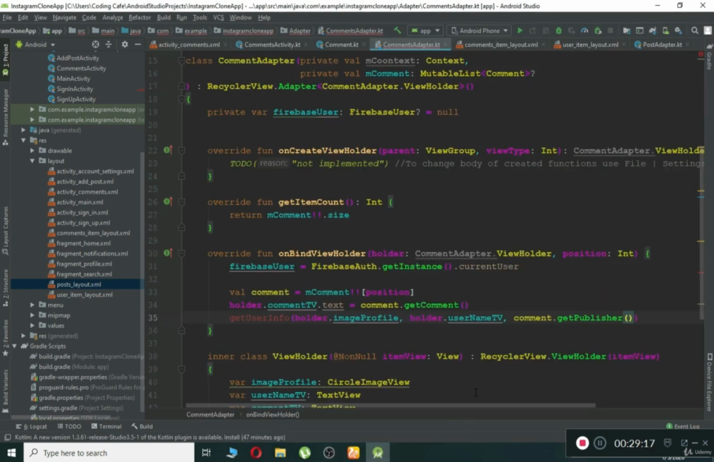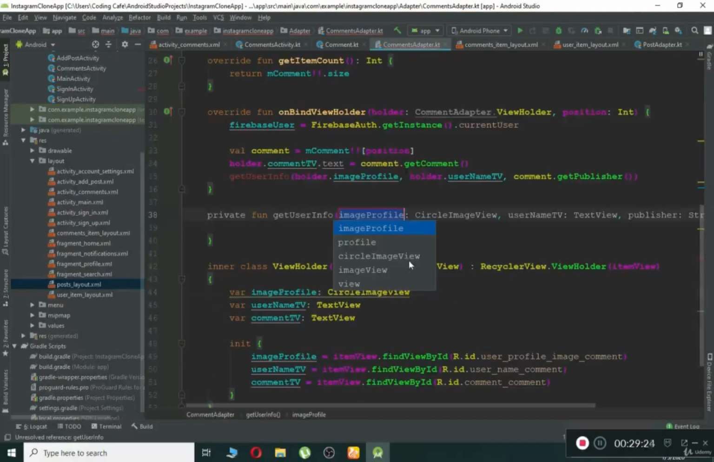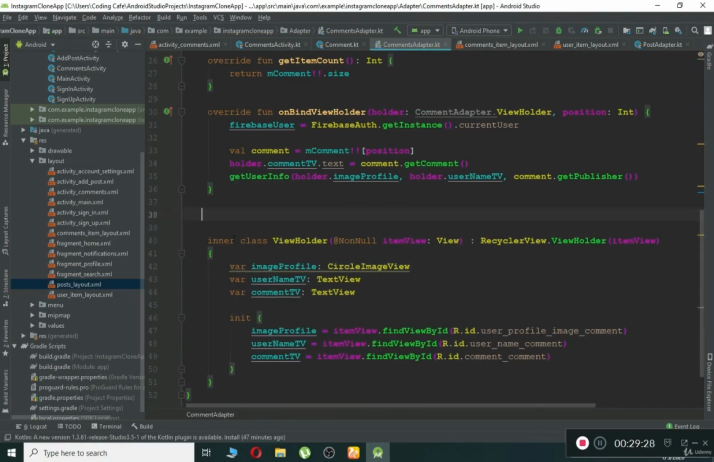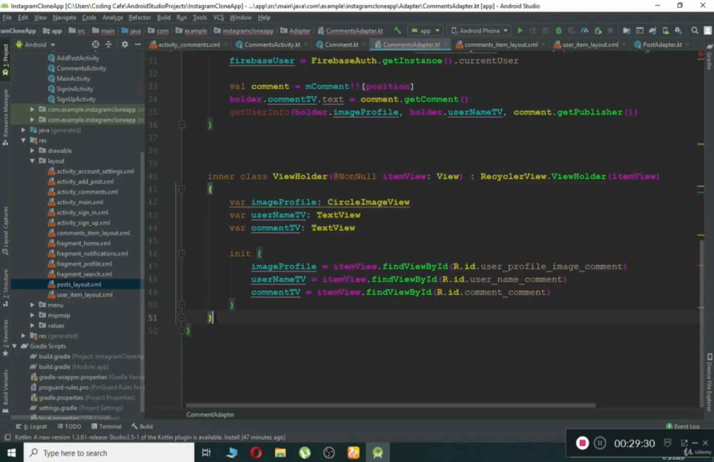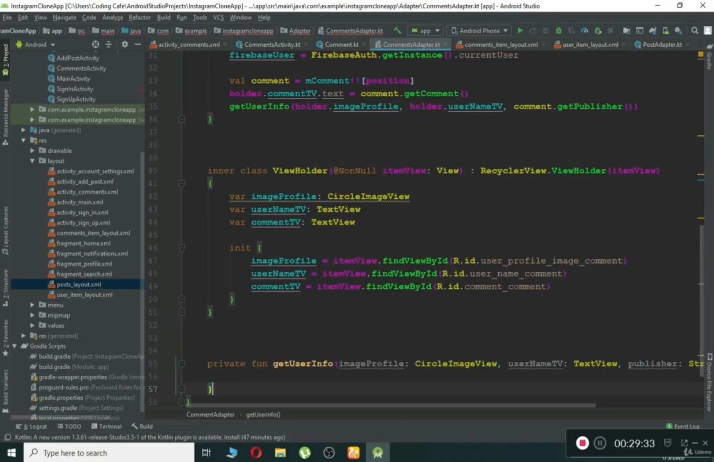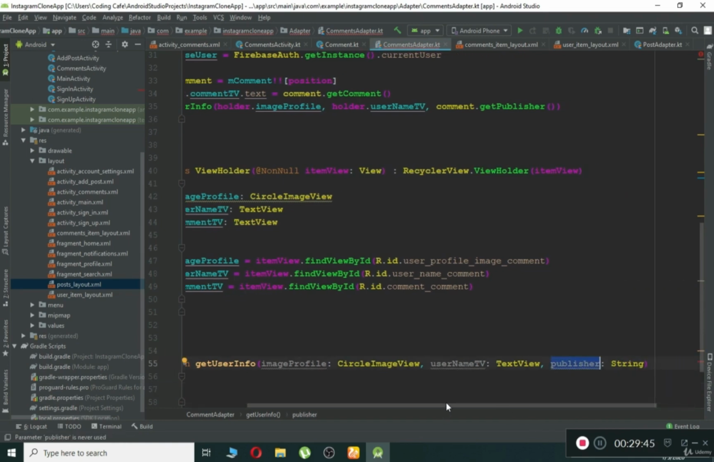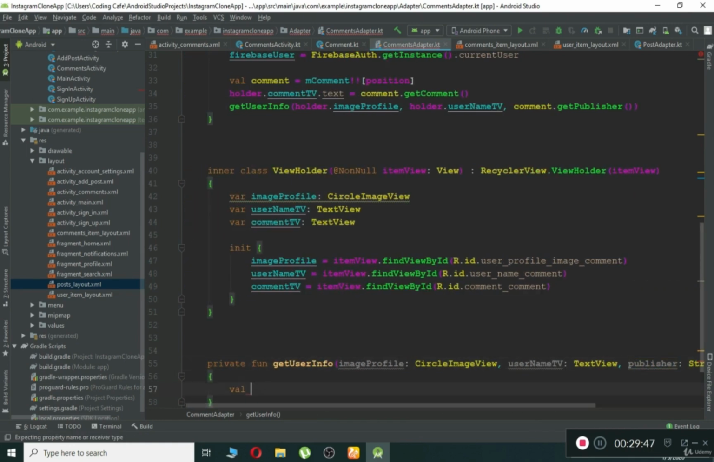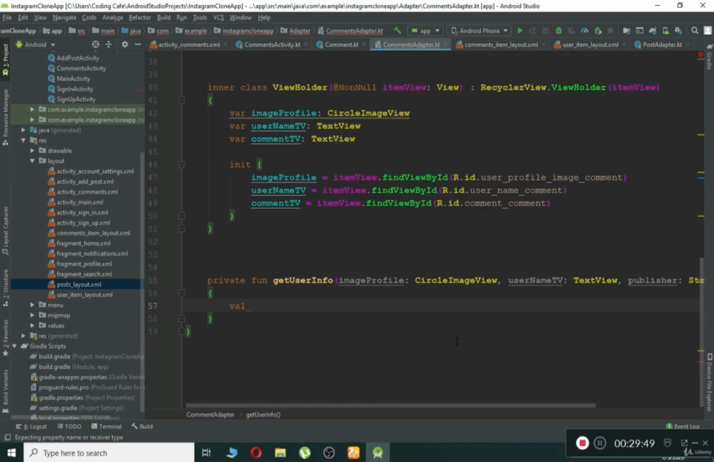Now let's just quickly complete this. Create function. And this is the function. Let's move it to the bottom. And in here, we need to create a reference, and by using this publisher ID, we will retrieve the user information of that specific person who has commented. So, val userRef